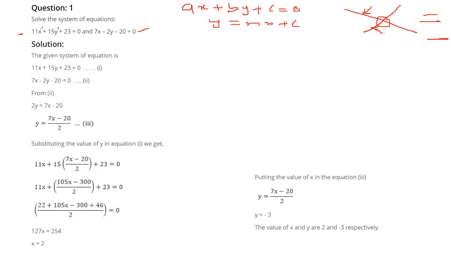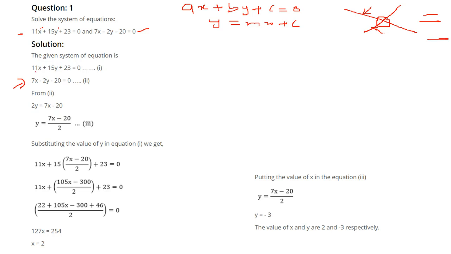So how do we do that? There are certain methods: cross multiplication, substitution, and a number of others. We'll use mostly the substitution method. I'll try to explain here how to do it, because most of the questions coming after this will employ the same technique, same method, same process. So what we do is try to find an equation that is quite simple and can be placed in the other one.